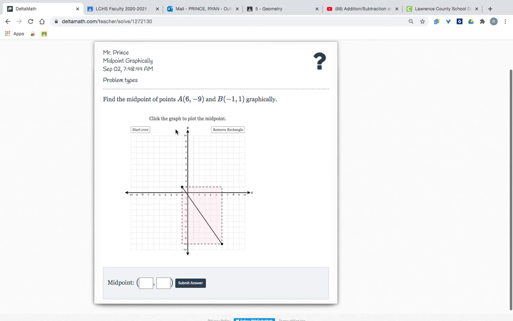Now I want you to click the graph to plot the midpoint. The reason you did a rectangle is it's easy to count to the right and count down, or count to the left from here and count up. Basically it helps you find where halfway is, because when you're going diagonal, it's hard to figure out. But when you've got straight up and down, I've got 10 blocks from here to here. I can count them all, but I know if that's a +1, that's a -9, there's 10 in between. So half of 10 is 5, so 1, 2, 3, 4, 5 blocks